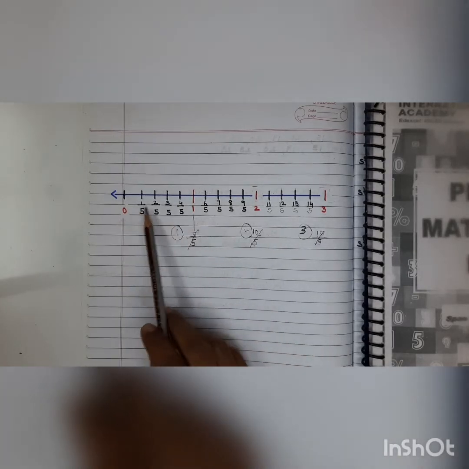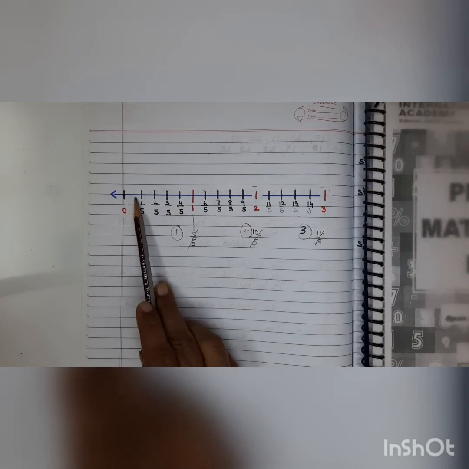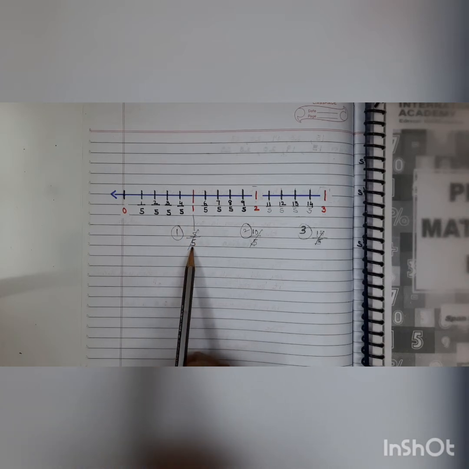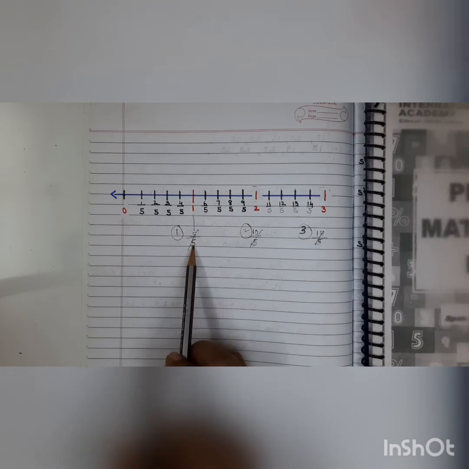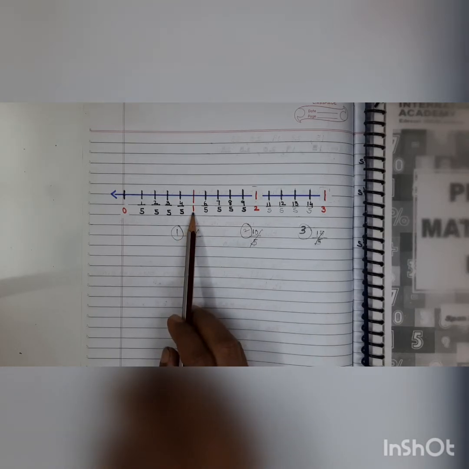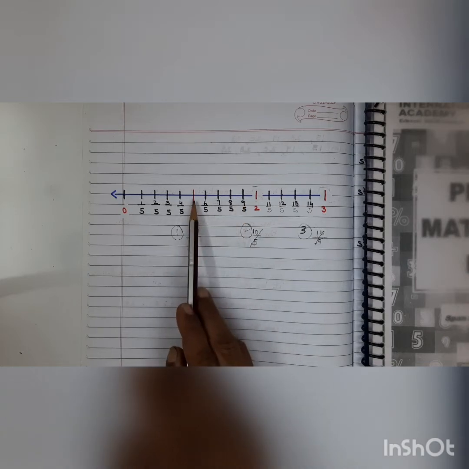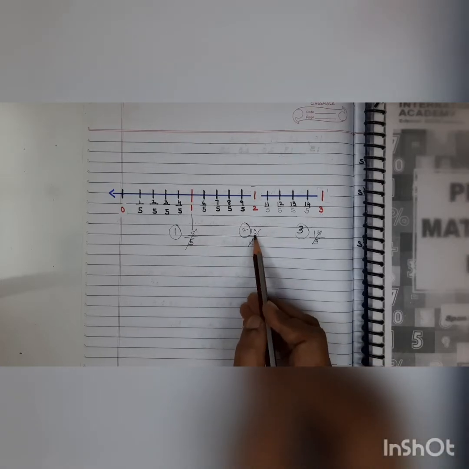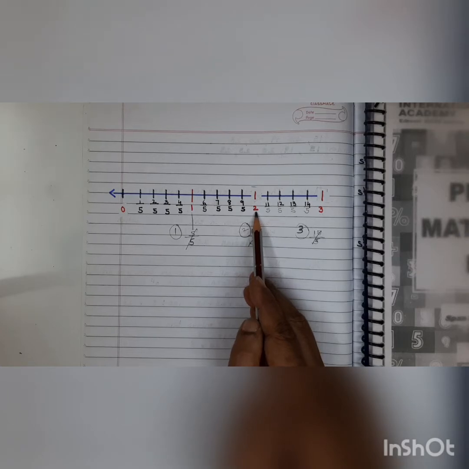Now children, look here. Similarly, this is your number line. It is 0 to 3. Now this is 5 equal parts. 1, 2, 3, 4, 5. 5 equal parts. So that will be your denominator, 5. Now, what is this part over here? 5 upon 5. So that's how you get your 1. Now after this 5, here it is 6, then 7, 8 and then 9. Now children, we are looking from year to year. 5 equal parts. So again it will be 10 upon 5. So that will give you 2. So that's how you got your 2.